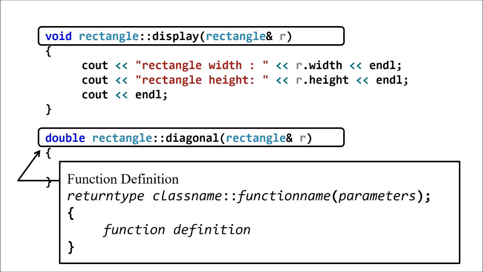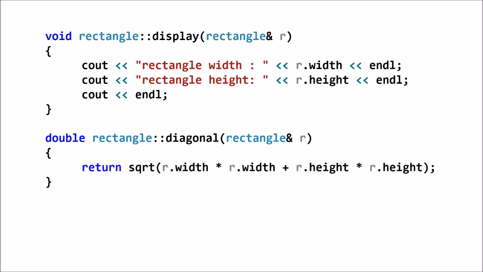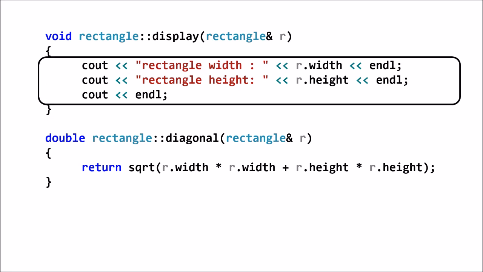Okay, so this function definition follows the same format: return type, class name, scope resolution operator, then the function name, and then the list of parameters. And the function definition is in between the braces. The first function that displays the values of the rectangle is described inside the braces, and it does a function call to the console output, and I print out a bit of text for the rectangle width, and then in the same output stream,